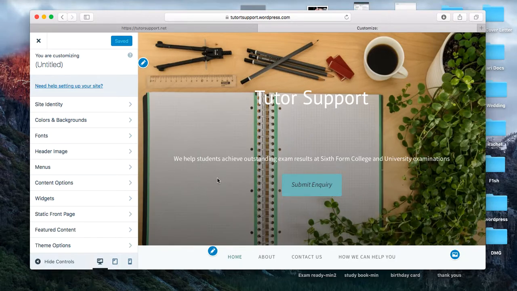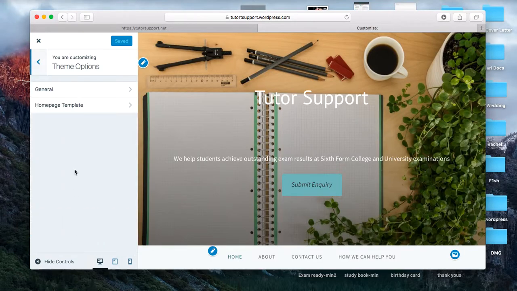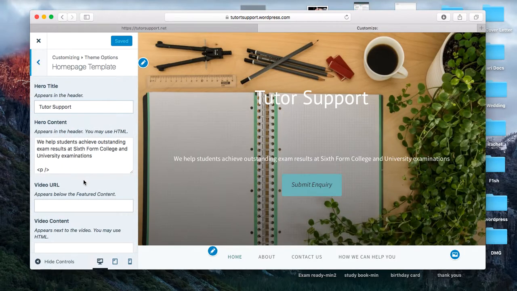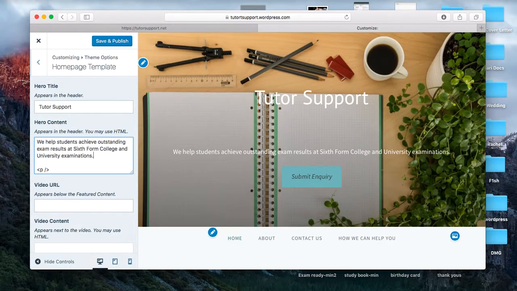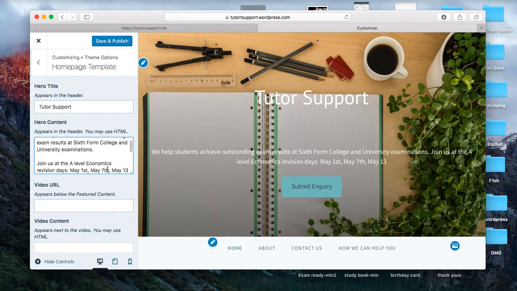So anyway, I think this bit of copy is in theme options and then homepage template. Yes, it is, under this title hero content. So you can see the copy that you've got at the moment. We help students achieve outstanding exam results at 6th form college and university examinations. It's the same as the copy is here. And WordPress is designed to be quite user friendly. So even though it's hard to find your way around, you can usually figure stuff out with trial and error. But anyway, I'm just going to copy in